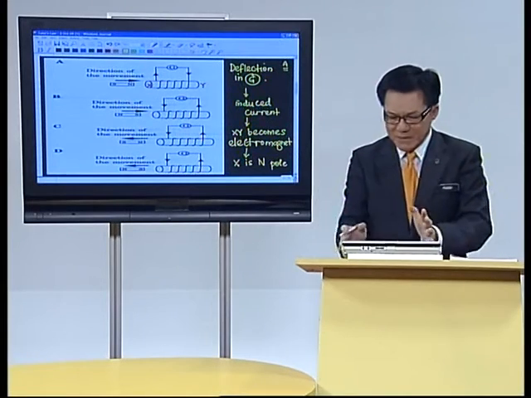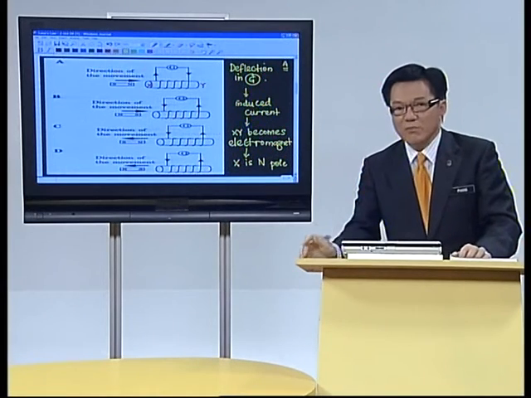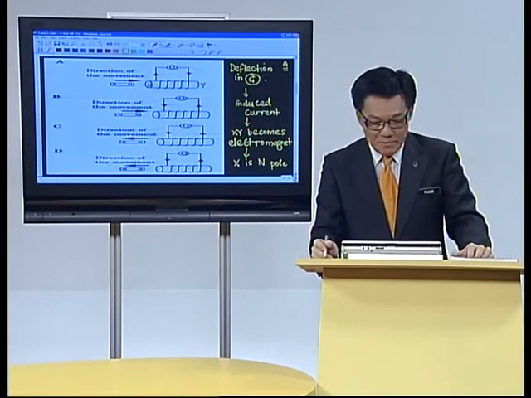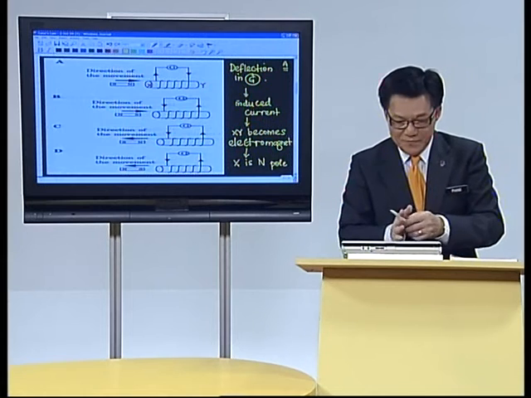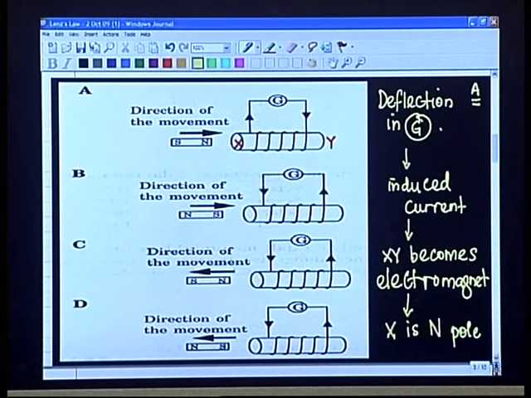Okay, I'll just summarize it. X is the north pole. Why do I say that? Because as you look at the magnet, as the magnet is going in, I think you can see my pointer now. As the magnet moves in, as the magnet is pushed in, according to Lenz's law,